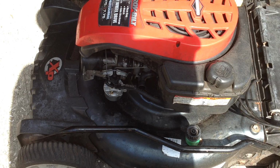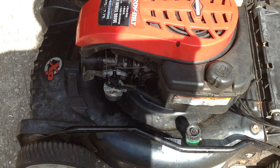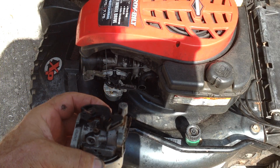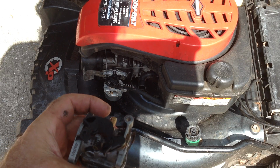So I started snooping around. I did a compression test. I got 72 psi, which I was happy with. So what I decided to do was remove the carburetor, and what I was going to do was just use the old carburetor and put the float valve from the aftermarket carburetor and put it back in the original Briggs